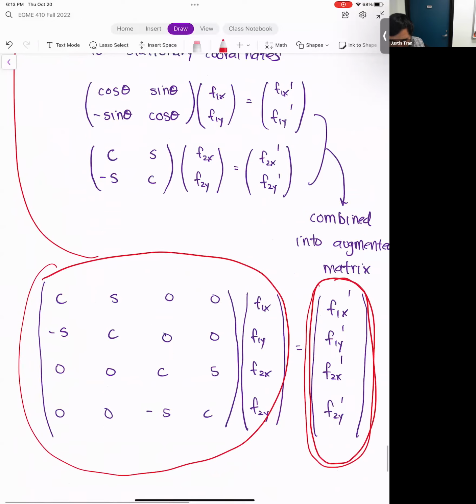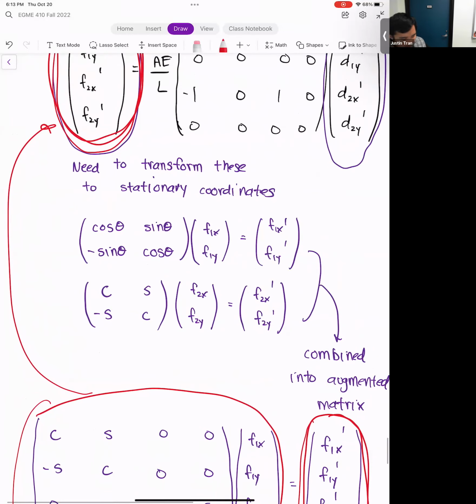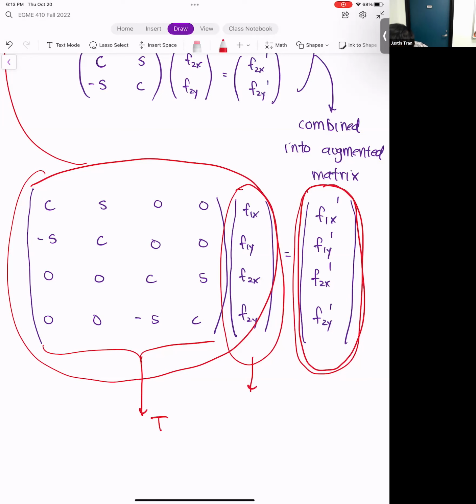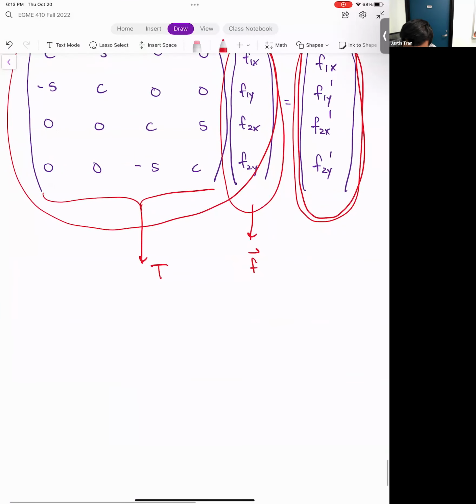I'm not going to write it all down because it gets to be a bit too much, but I'm going to call this entire 4x4 matrix T, T for transformation. And this vector here, for the F's without the prime, I'll call this F vector. If we substitute those in,